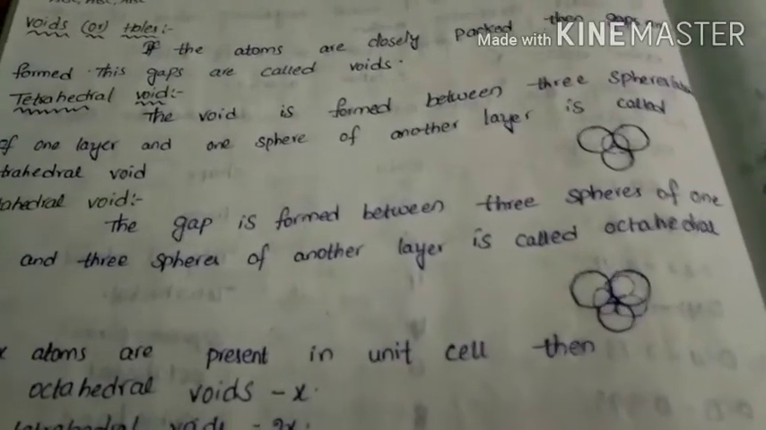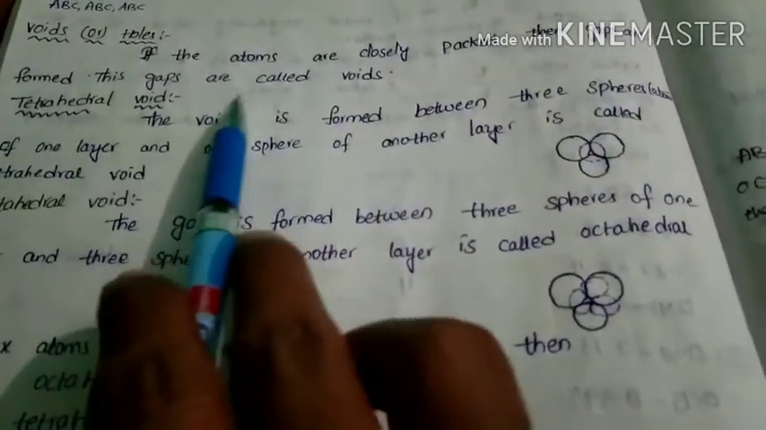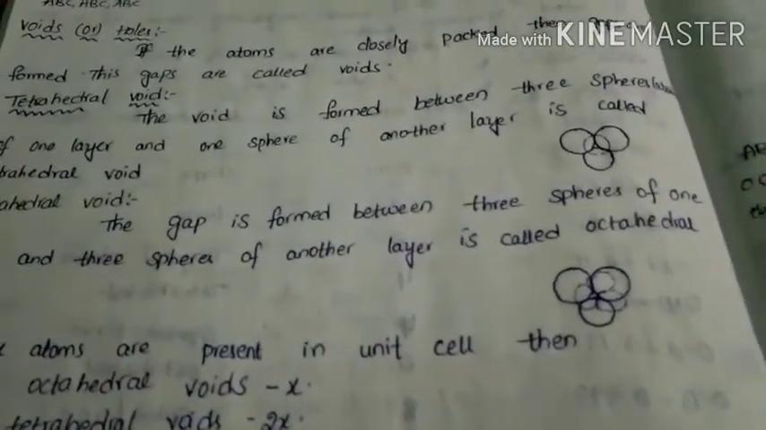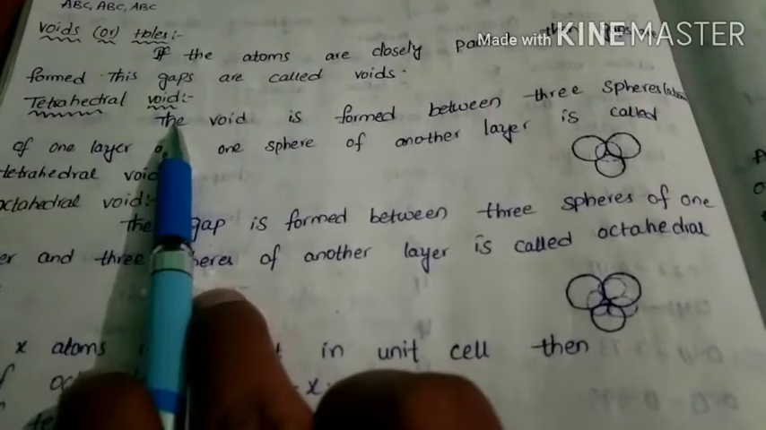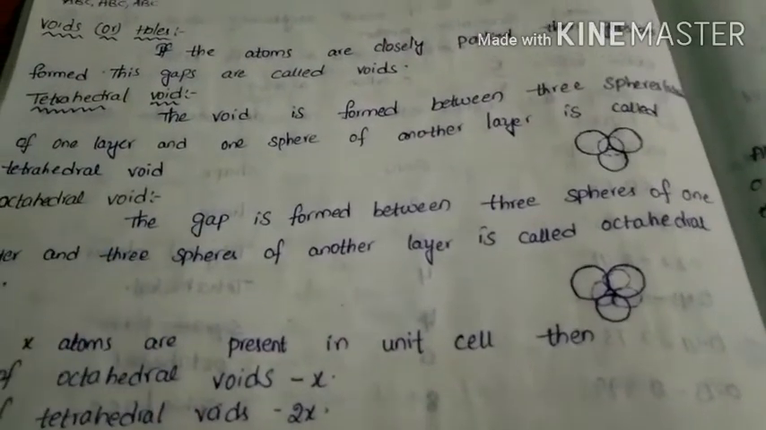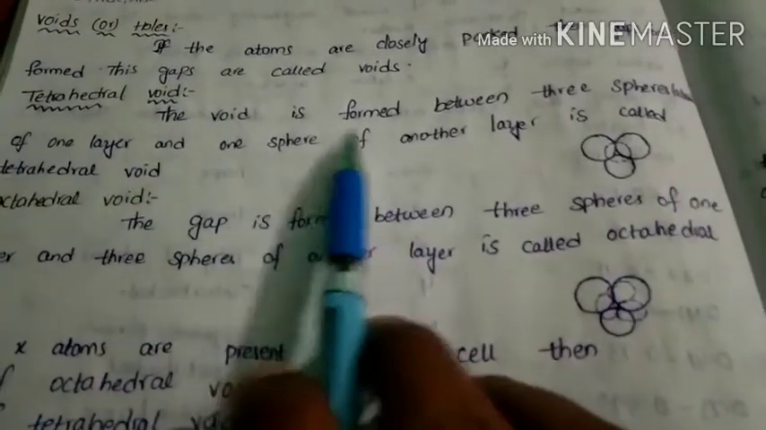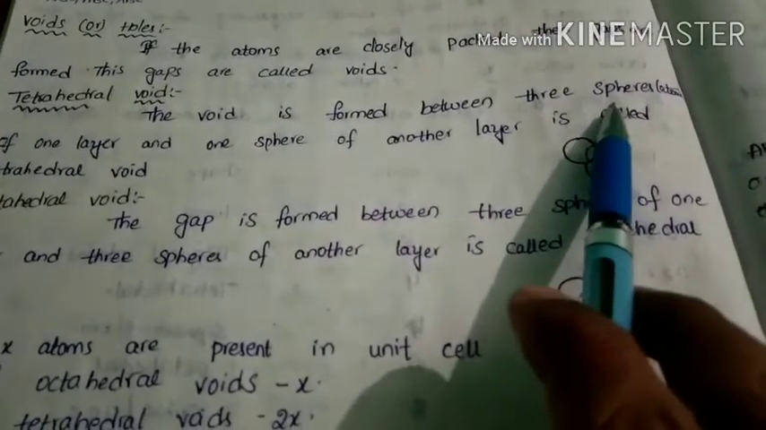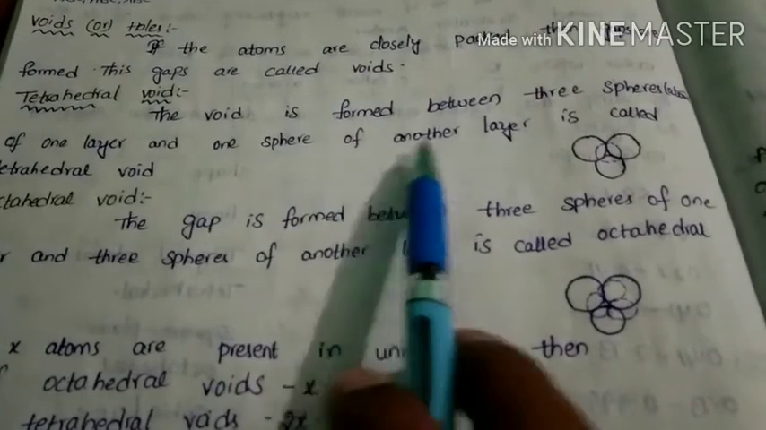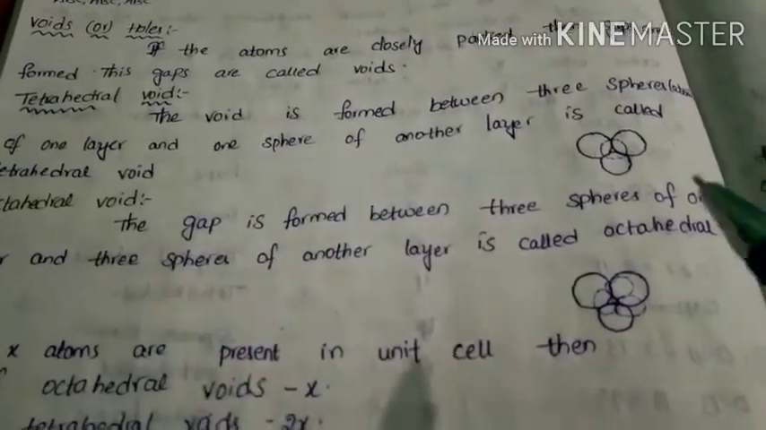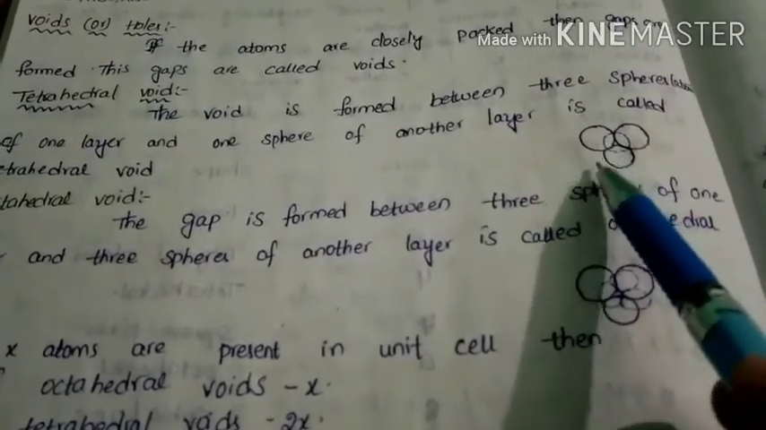So what is the definition of a void? If atoms are closely packed, then gaps are formed. These are called voids. Here there are two types of voids: one is the tetrahedral void, and the other is the octahedral void. So what is the definition of a tetrahedral void? The void formed between three spheres, that means three atoms of one layer, and one atom of another layer is called a tetrahedral void. See, this is an example for a tetrahedral void, because in this structure